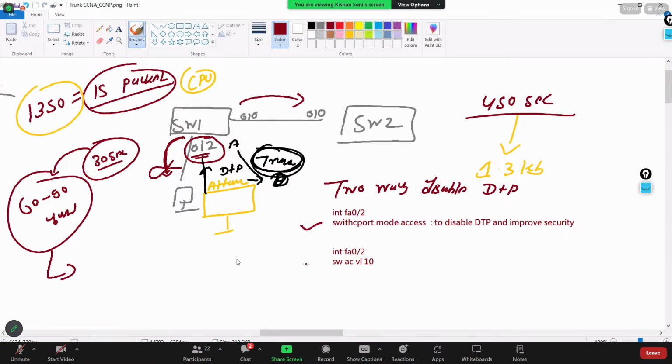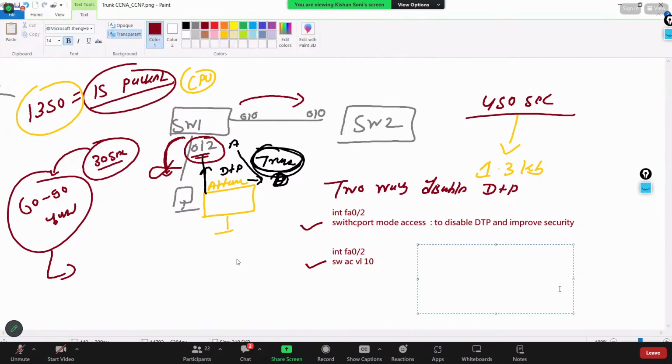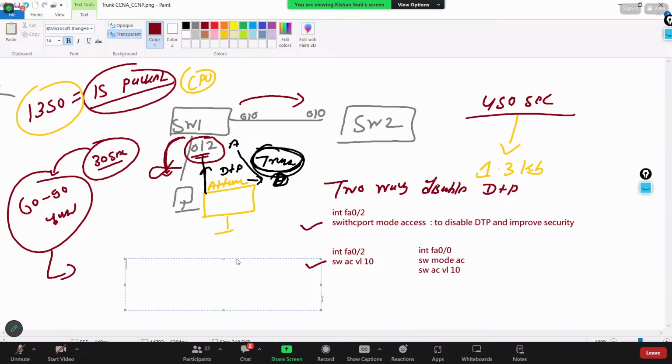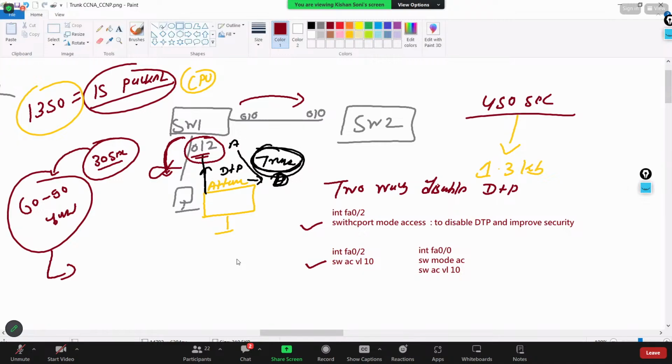And the second command is over here. The recommendation is always this: if you're going to assign the port to a particular VLAN, you just need to use the command switchport mode access so that you can disable DTP. The second thing is switchport access vlan. That's the correct way to do the configuration. This is one way that you can disable DTP. The second way, for example, to understand the concept: